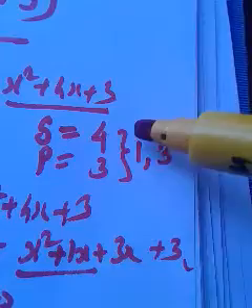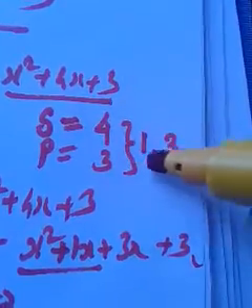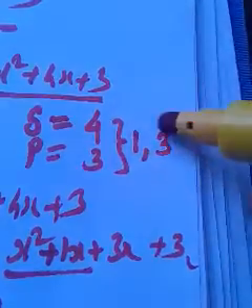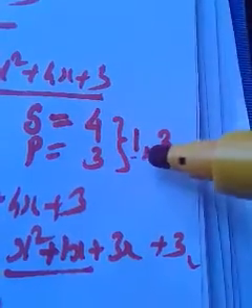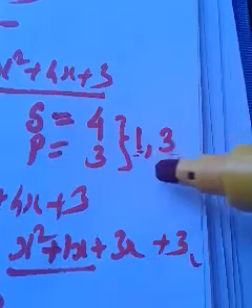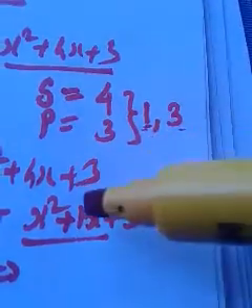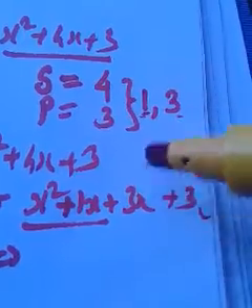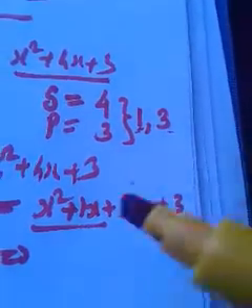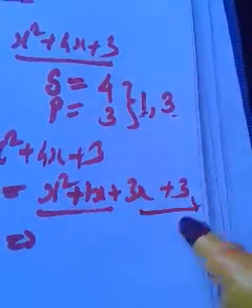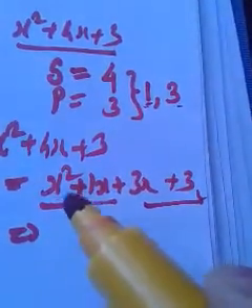So you may have understood how these two numbers came, because we need two numbers such that their sum should be 4 and product should be 3, and these are the only possible two numbers, 1 and 3, because while adding 1 and 3 we are getting 4, while multiplying 1 and 3 we are getting 3. So these are the two numbers, so 1x and 3x. In that way I selected those numbers and regrouped, these two terms in a group, these two terms in a group. Okay, what can you take outside from these two groups?